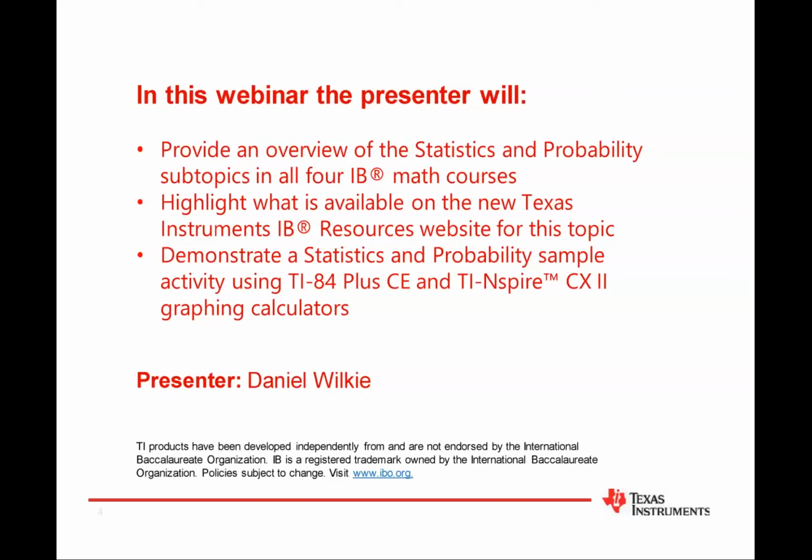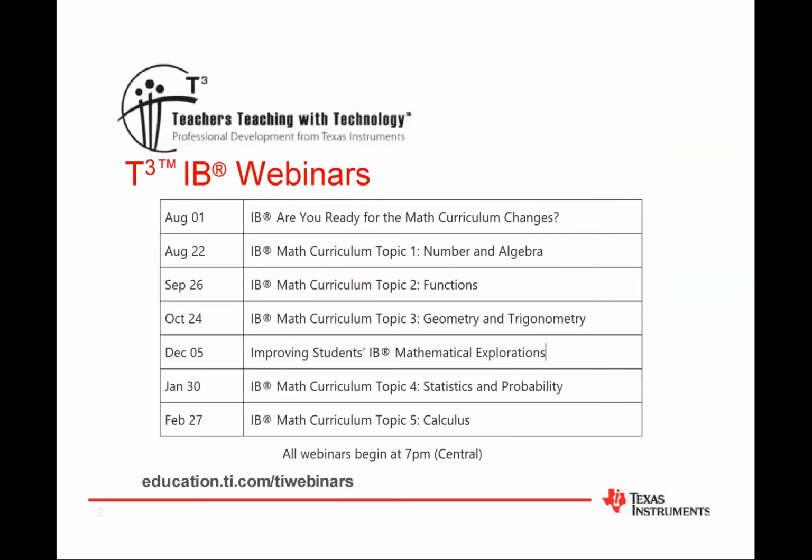The first webinar we did way back in July just kind of was an overview of everything. And then what we've been trying to do over each month is tackle each topic. Because what IB did is they condensed the material down to 5 main topics, if you did not already know that, and we've been tackling each topic each month. So we are on topic 4 now, statistics and probability. And what we should kind of see in this new curriculum is there's a lot of overlap between the 4 new courses and each topic. But of course, they also have some new stuff thrown in there.